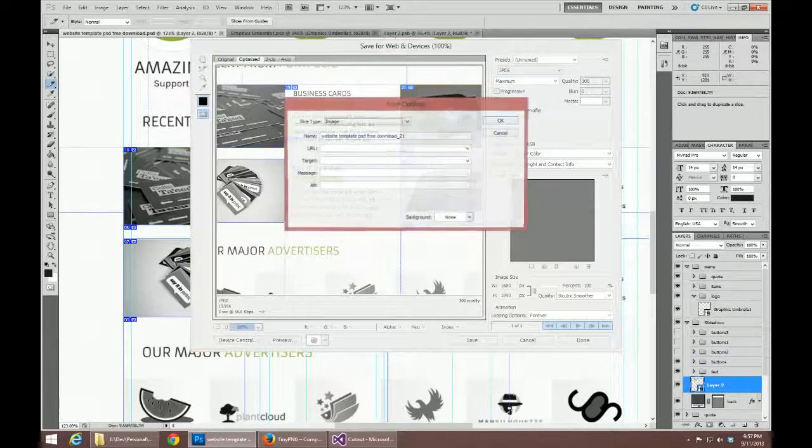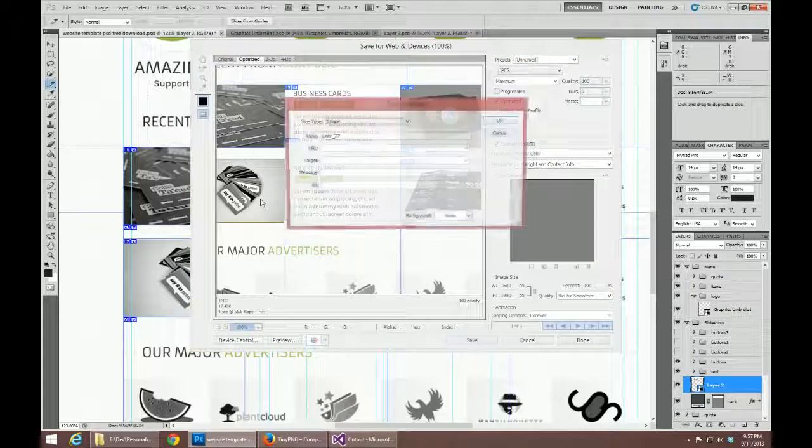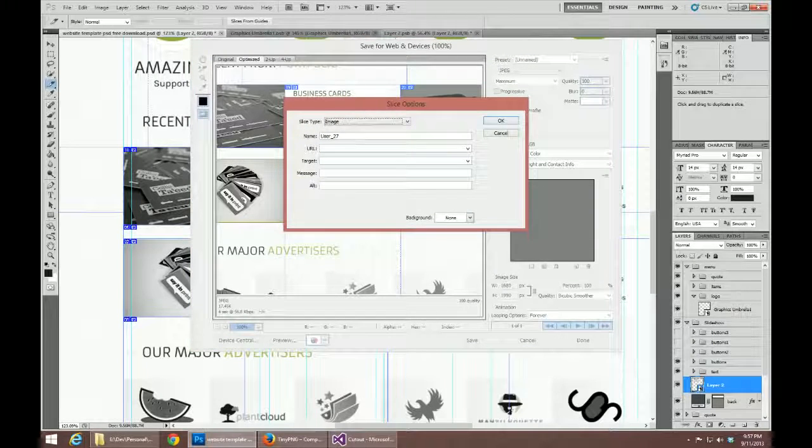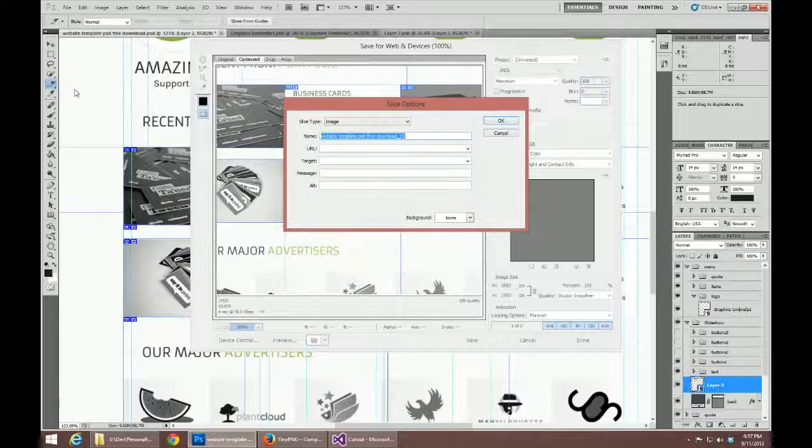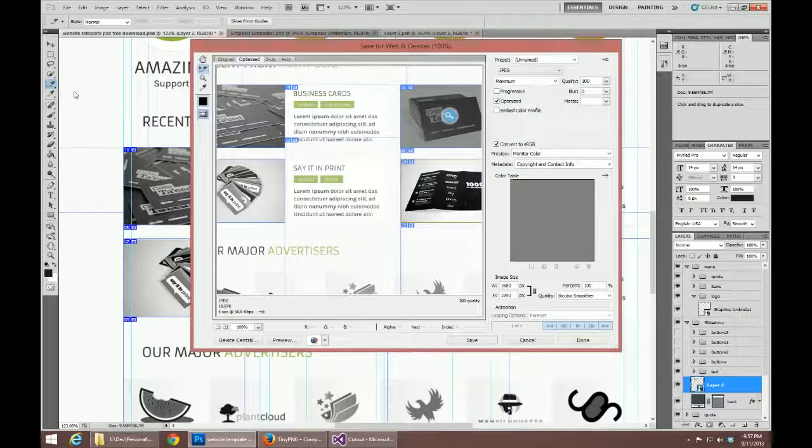as JPEGs. One thing we forgot to do is name them, so we'll do port 2, port 1, port 3, port 4. Okay, reselect them all with